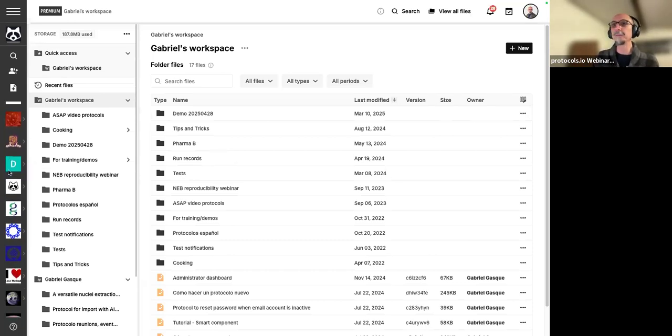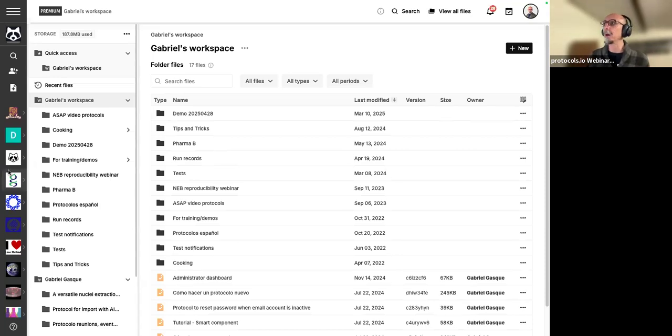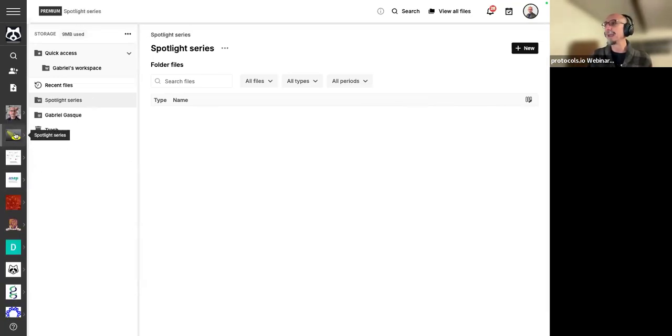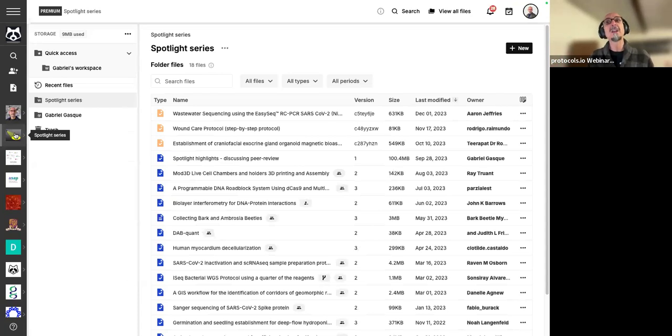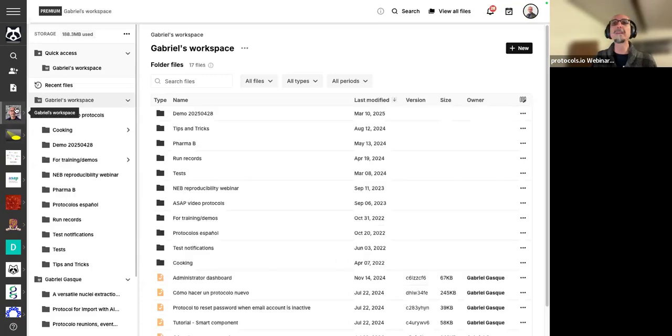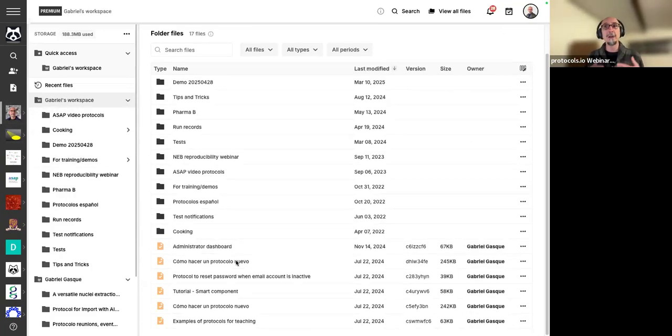You can see to the left all the workspaces to which I belong, and each of them has a different file manager storing different folders and different protocols. But this is my own personal workspace. If I want to share any private protocol with specific colleagues that are not part of my workspace,